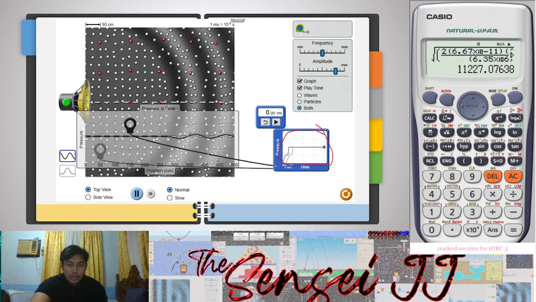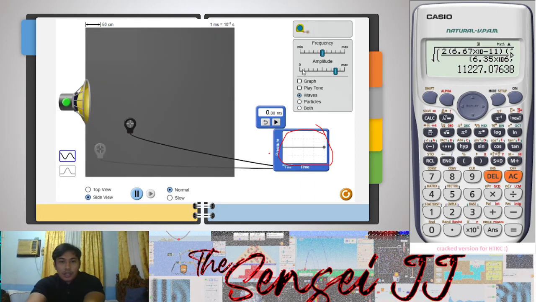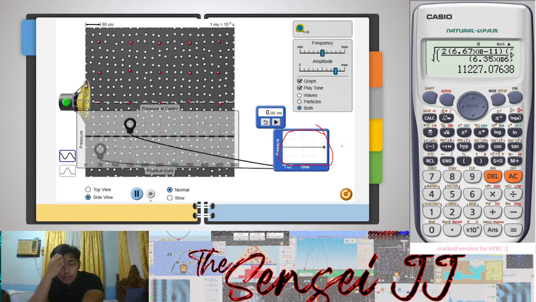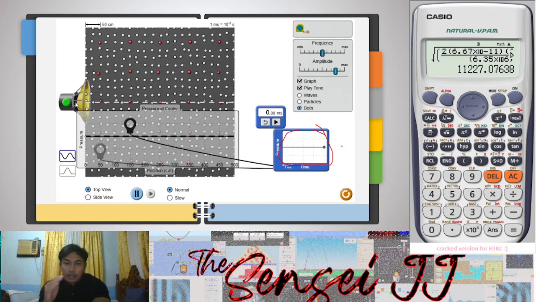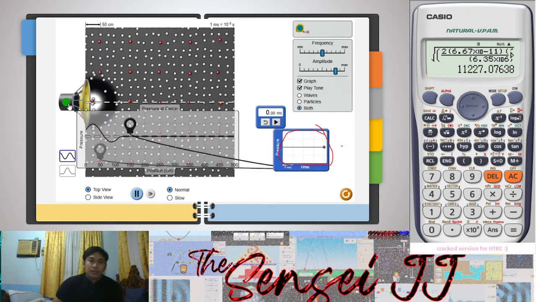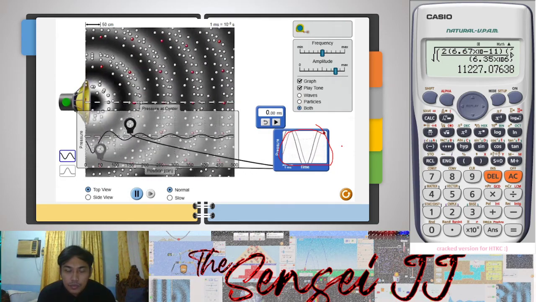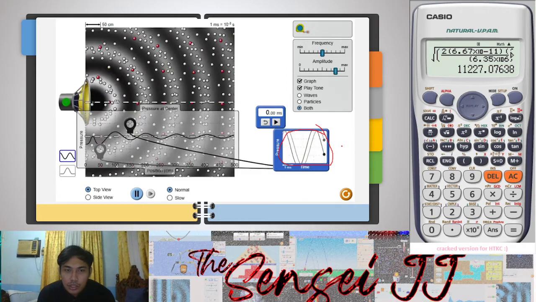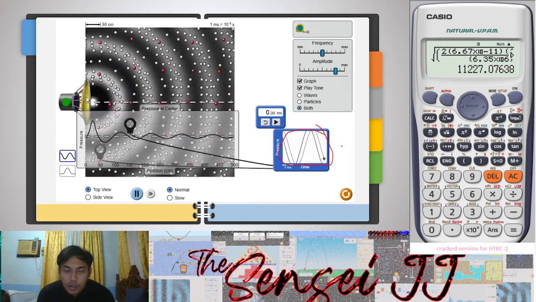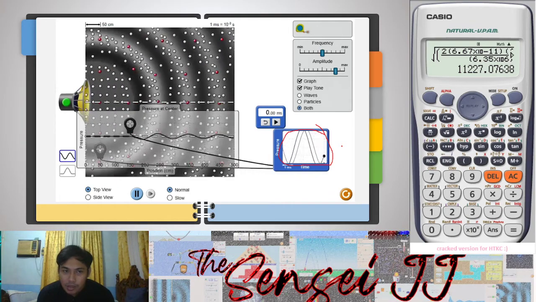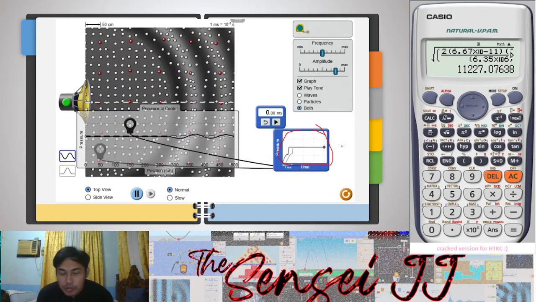But as you can see, it is basically constructive since they have the same direction, but there is only a minimal interval of their waves. Okay, as you can see, particles are moving whenever they are hit by sound waves, and once the wave subsided, they will be back to their original location. The wave is still flowing in here.